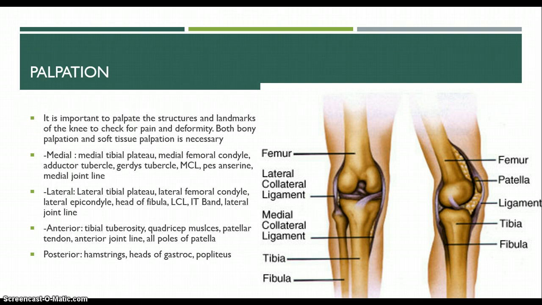It is important to palpate the different structures and landmarks of the knee to check for pain and deformities. You should check both the bony palpations and soft tissue palpations. To make it easier, I break it down into 4 components: the medial, the lateral, the anterior, and the posterior side. When looking at the medial side, I palpate the medial tibial plateau, the medial femoral condyle, the adductor tubercle, Gerdy's tubercle, the MCL,